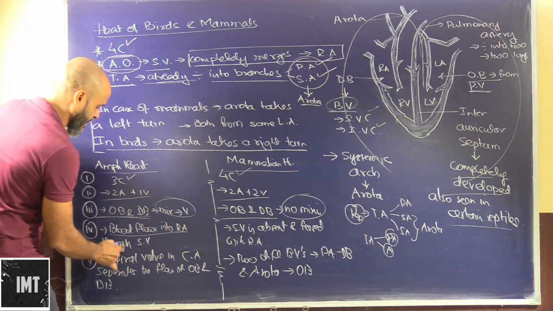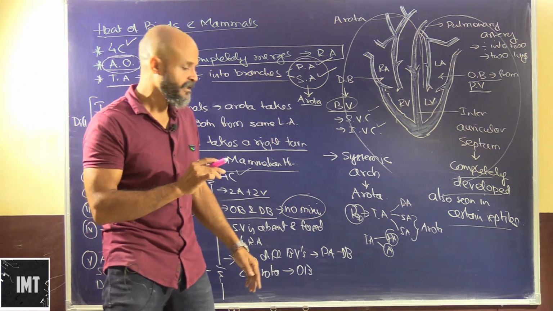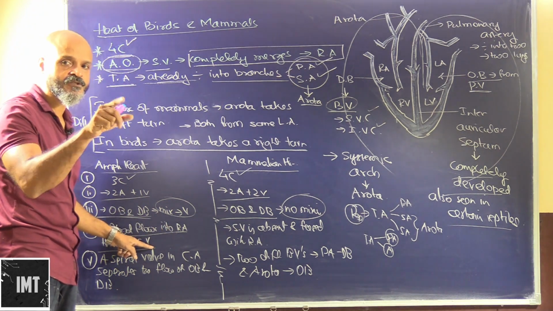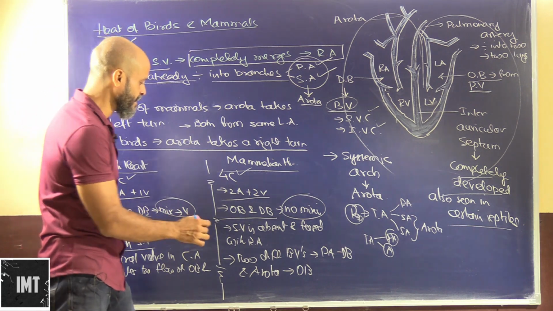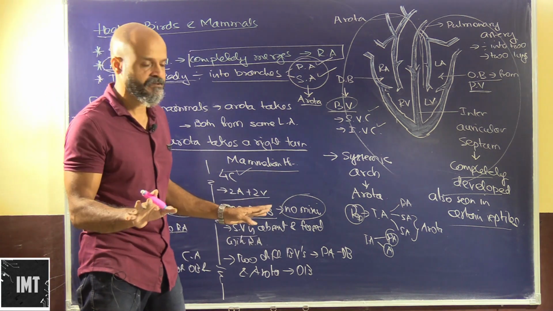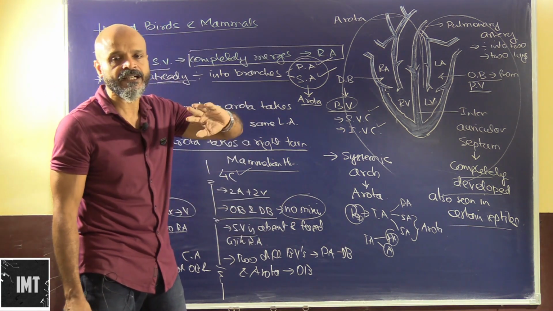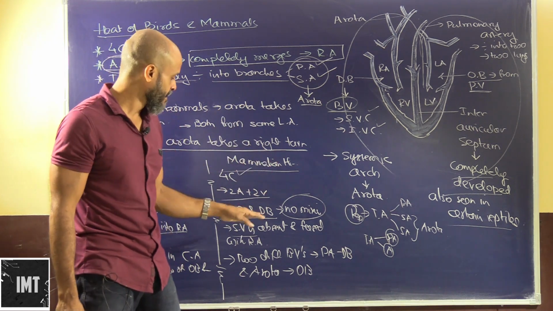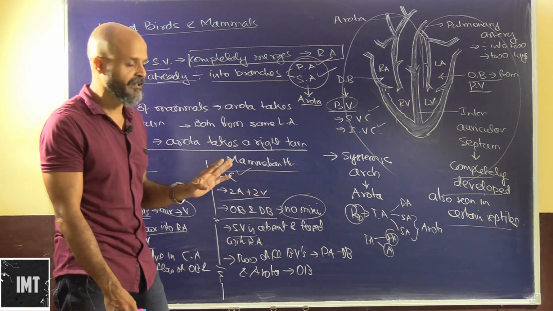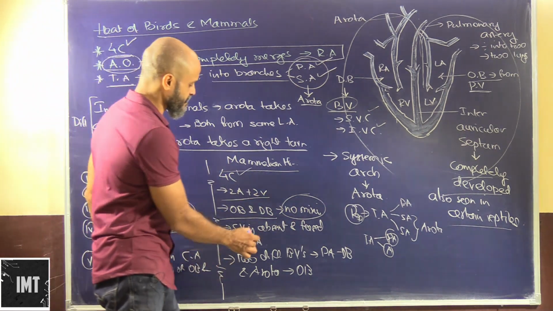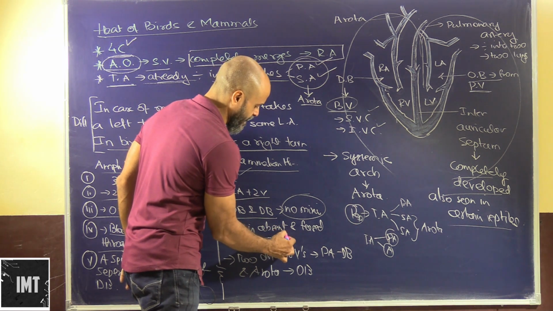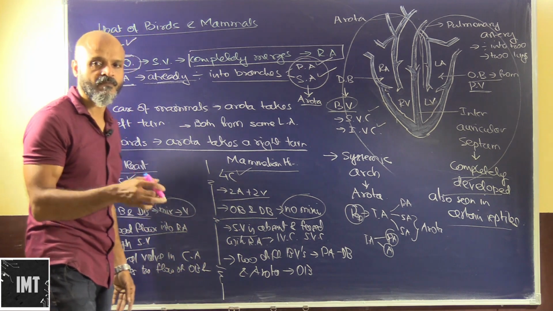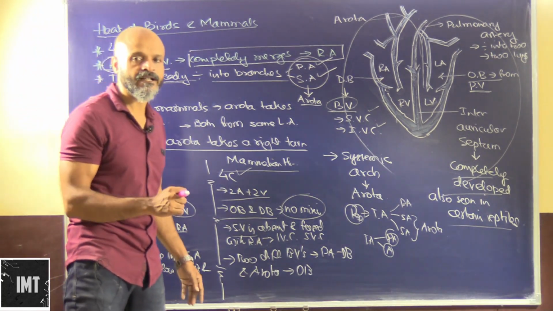Blood flows into the right atrium through the sinus venosus. In amphibians, blood gets collected in the sinus venosus and then it flows into the right atrium. In mammals the sinus venosus is now completely absent. The sinus venosus was still present in a reduced form in reptiles, but now it is completely extinct. It now fuses with the right atrium. So there is no sinus venosus. Instead of sinus venosus, we will have the inferior vena cava and the superior vena cava, which are carrying blood from the different parts of the body and pouring it into the right atrium of the heart.